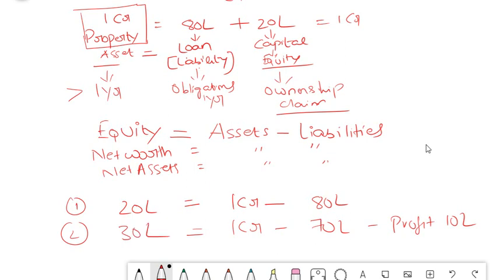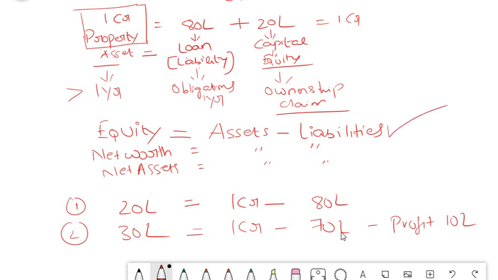In this way, each and every year, if you have profit, you try to repay your loan, and whatever is left is nothing but your capital, because out of 1 crore I have now settled 70 lakhs. So 30 lakhs is what? 30 lakhs is something which belongs to the owner now. I have assets worth 1 crore and my loan is only 70 lakhs. So if I pay 70 lakhs out of my 1 crore, what is remaining? 30 lakhs. So whose is that 30 lakhs? It belongs to the owner. As I told you, owner or capital is nothing but the residual ownership which remains after you set off the assets and liabilities. So that is what your formula tells here.